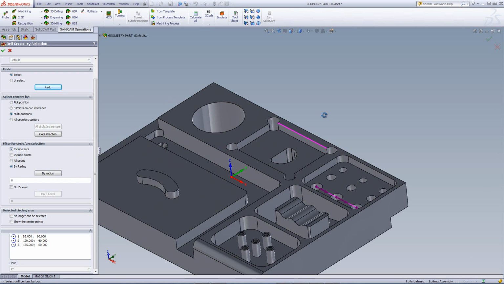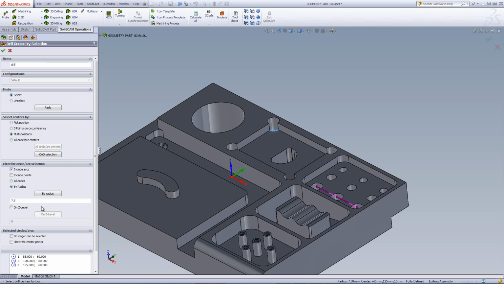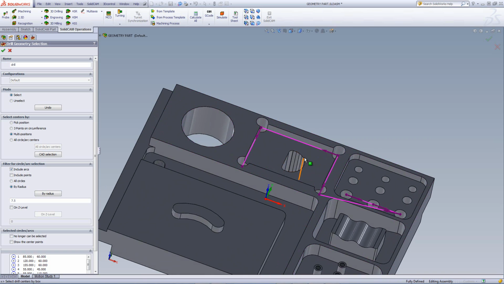Now, which radius do I want? I want this radius over here. Now I can write in the value over here, or I can click this button and just click on that radius to get the value of that radius inside over here. Now when I click on the surface, you'll note that it'll only pick out those 4 corners over there,